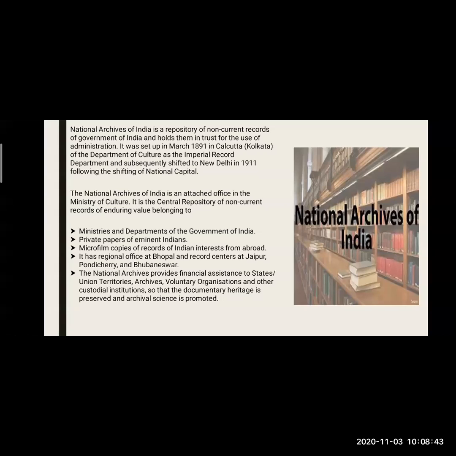It was established there, and then subsequently it was shifted to New Delhi in 1911, following the shifting of the national capital. Now, the National Archives of India is an attached office in the Ministry of Culture. The Ministry of Culture basically is in charge of preservation and promotion of art and culture in India. So it is an attached office to the Ministry of Culture. It is a central repository of non-current records of